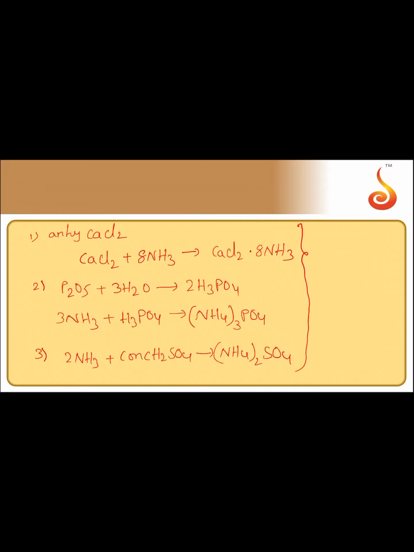we can use quicklime. Quicklime can be used to dry the ammonia. It reacts with the moisture present in ammonia to form calcium hydroxide, thereby drying the ammonia. Okay, so here